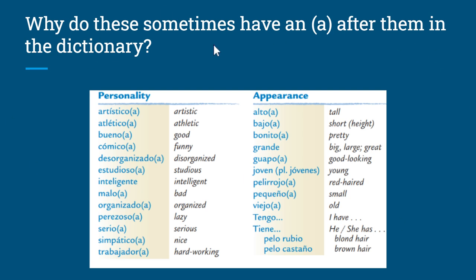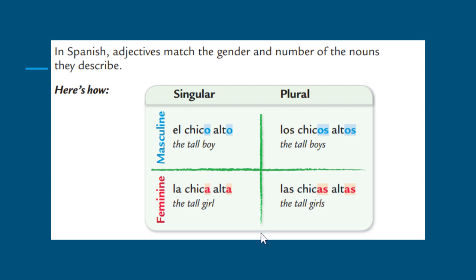And if you've looked at this carefully, you might have noticed something strange. After a lot of the words, not all of them, there is in parentheses the letter A. So we're going to talk about why that is and how to use these words. So all those words were adjectives, and the rule with adjectives, similar to articles, which we should know already, they